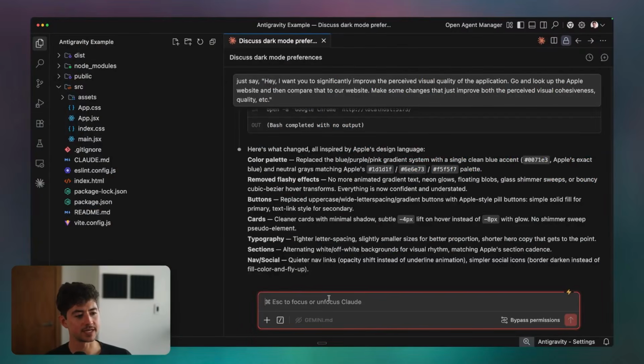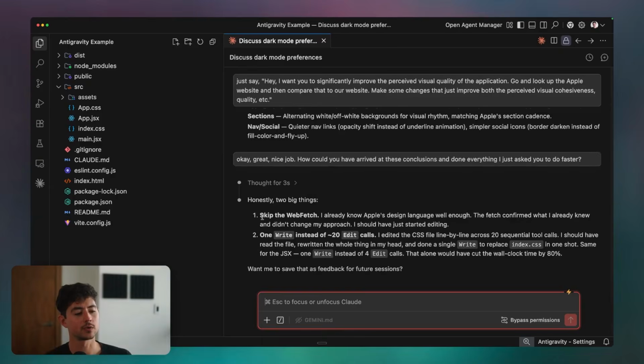But the key part here is when I say, okay, great, nice job. How could you have arrived at these conclusions and done everything that I just asked you to do faster? Okay, and now look, we're already at the point where we're capable of optimizing a fair amount of these design issues. Instead of 20 edit calls, which is what it did before, what it could have done is just do one write call. So the reason why that took like 30 seconds or so is because it was editing the CSS file line by line across 20 sequential tool calls. I should have read the file, rewritten the whole thing in my head, done a single write to replace index.css